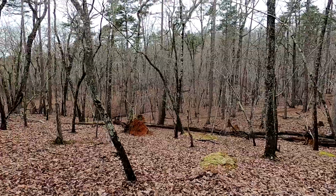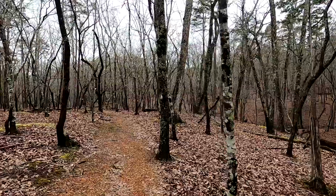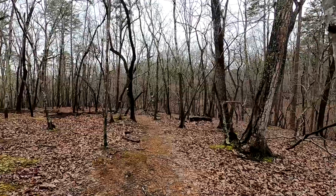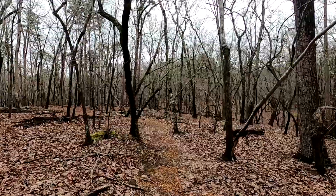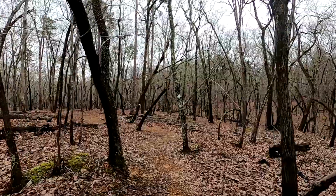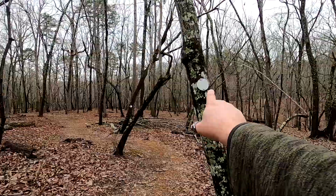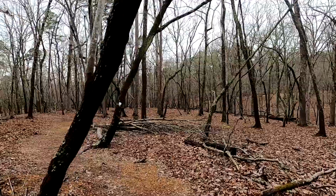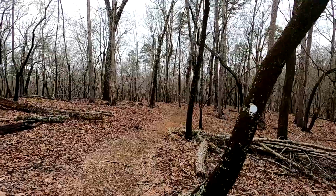So I'm not really in the mood to do any crazy climbing on the trail today. Moderate, yeah, but not heavy duty. But yeah, we're gonna go down this way, but this one should take us down to the river. See, they're well marked too, so they take care of these trails. They do a great job. It's nice, open